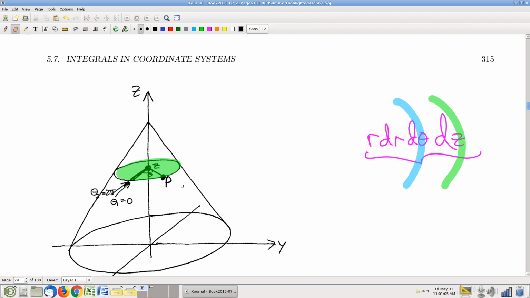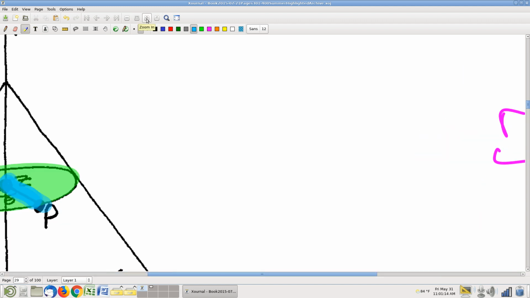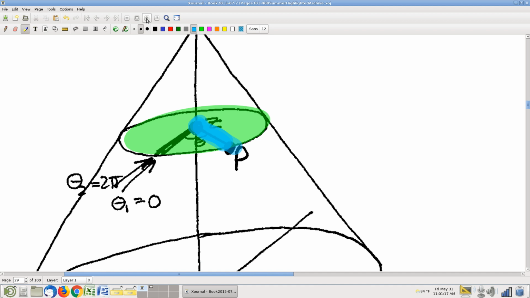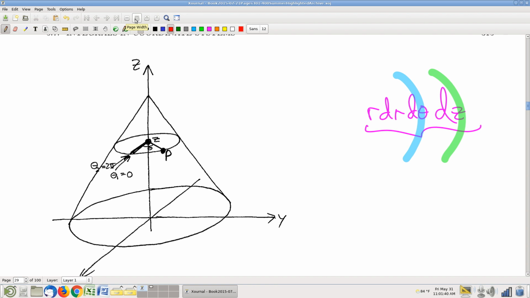Then, for a given value of Z, already drawn, for a given value of theta, let's look at this theta slice of our Z slice, and I want to know what then is the corresponding range of values of R. Well, R starts there on the axis, where R, of course, is 0, and R goes out to this point on the cylinder. And what can I say about that point on the cylinder? Well, you have a couple different options. You could write down the equation of the cylinder. I like to make the observation that R is independent of theta because of symmetry, and that if I look in this plane